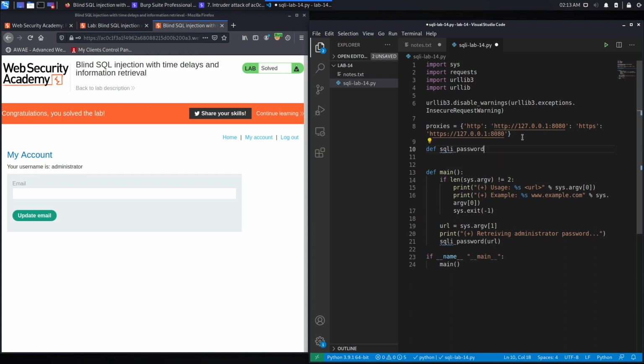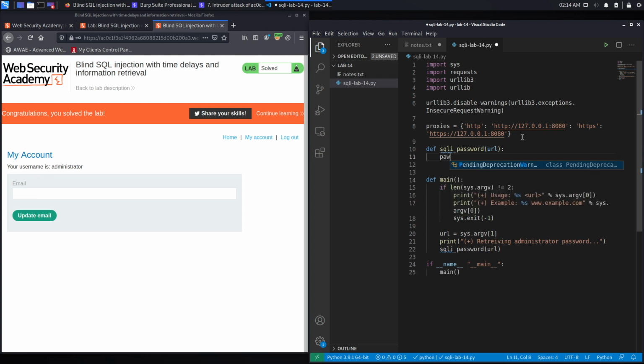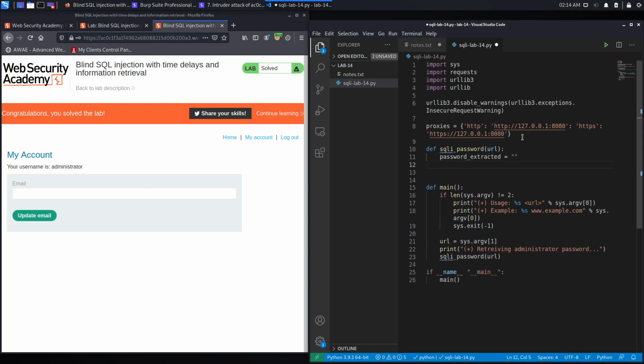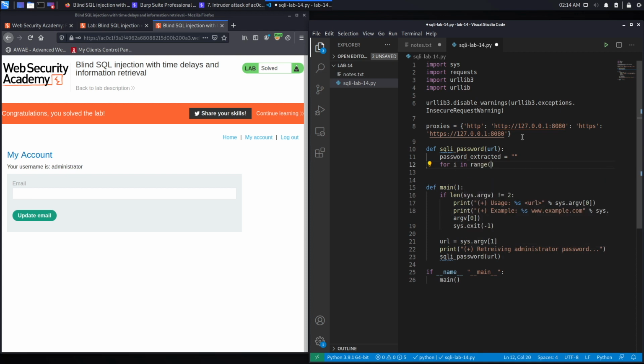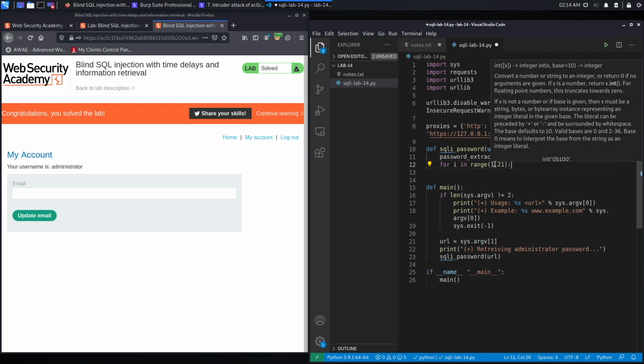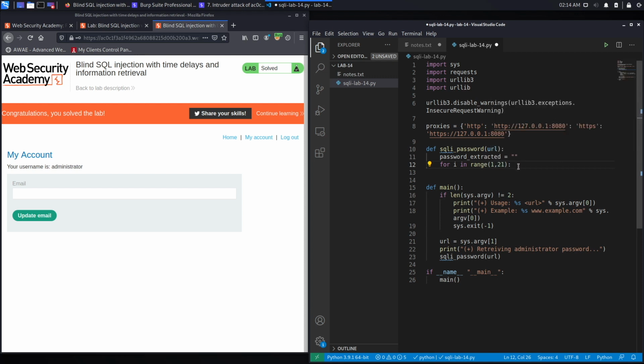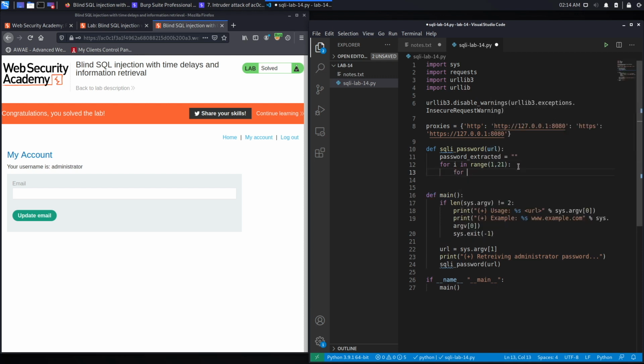So SQL password takes in the URL. I'm going to create a variable called password extracted. So this is the list of characters that we so far extracted from the password of the administrator. So it's empty at the beginning. And then I'm going to create my for loops. So for I in the range 1 to 21. So this will check the first character up to the 20th character. And then I'm going to say for J in range